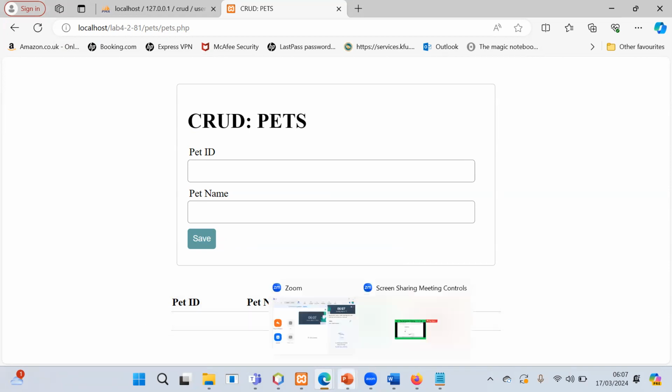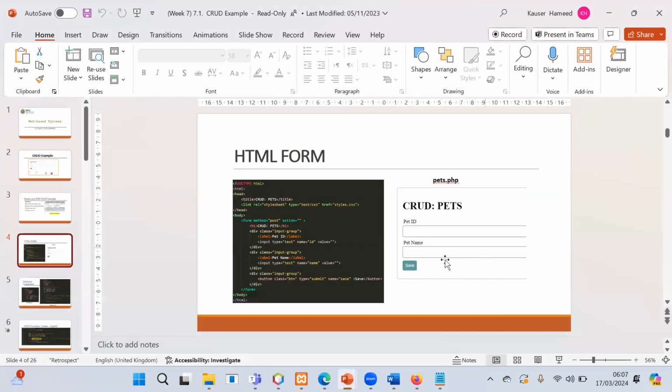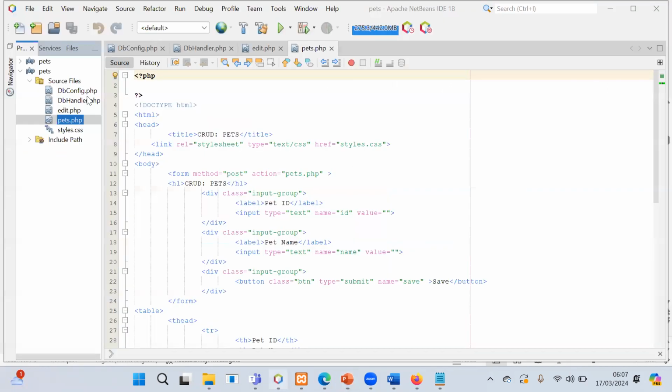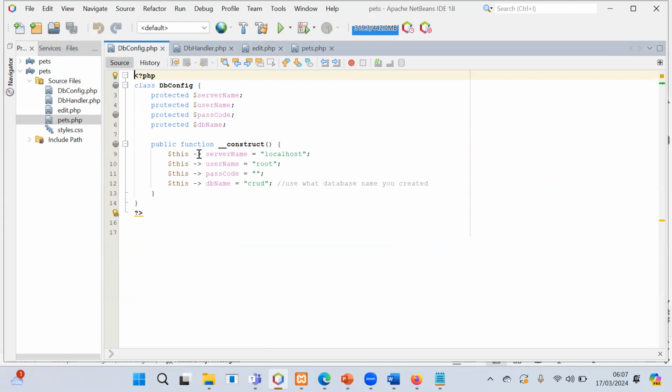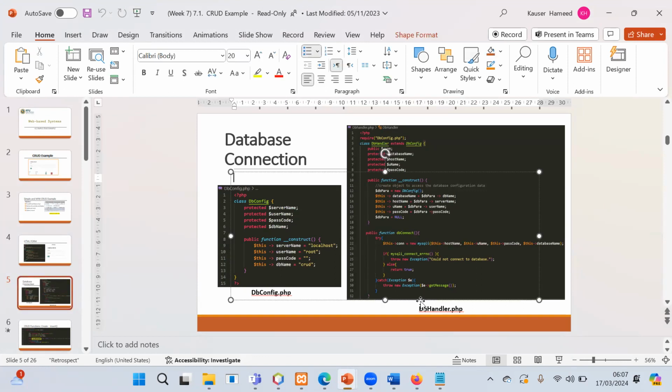So the next step, what we have to do after this, okay, so we are ready with this part. The second thing is we want to open the database config file. We just saw the database config file here and we are okay with it. We have referred to the database name as CRUD. Okay, where can you find this code? You can find the code here for the db config file,